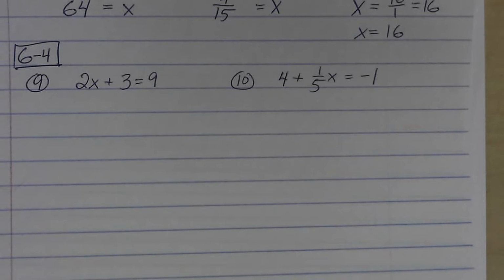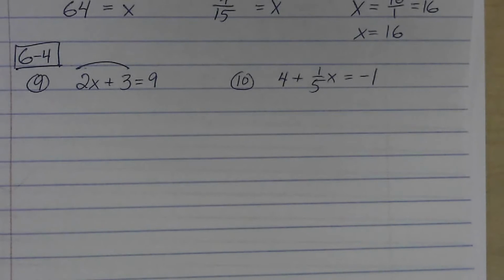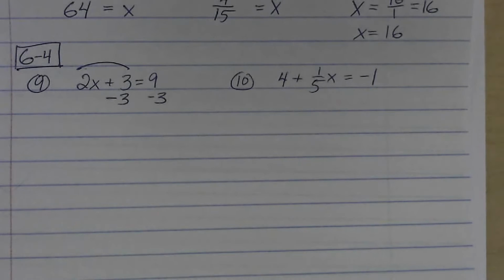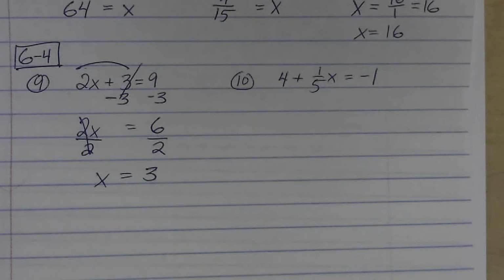Next up, Chapter 6, Section 4. Okay, with these problems, you first want to look at the side with the variable, and the first thing you want to do is remove the constant. The 3's cancel. 9 minus 3 is 6. Now, solve the one-step equation,